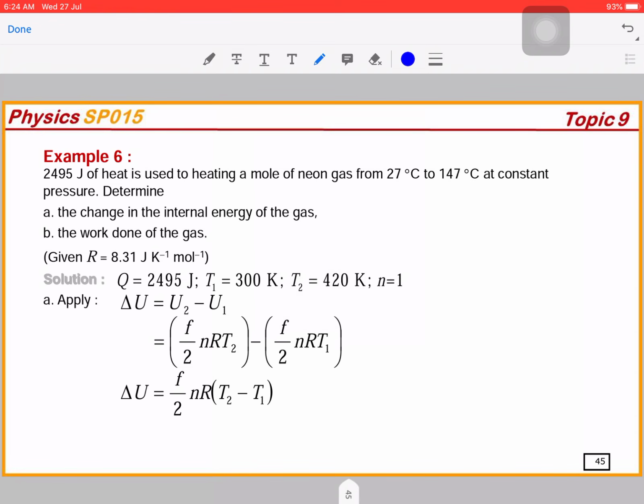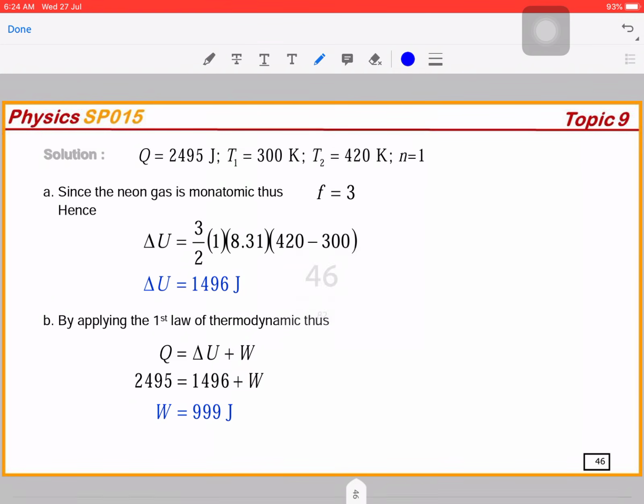So this is a neon gas. Okay, so neon gas is monoatomic, so our F is equal to 3. So just substitute the values: 3 over 2, 1, 8.31, 420 minus 300 Kelvin. So our change in internal energy, delta U is